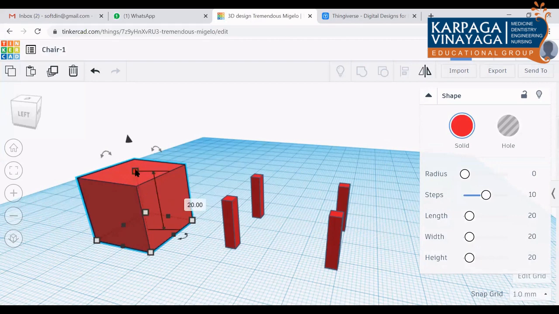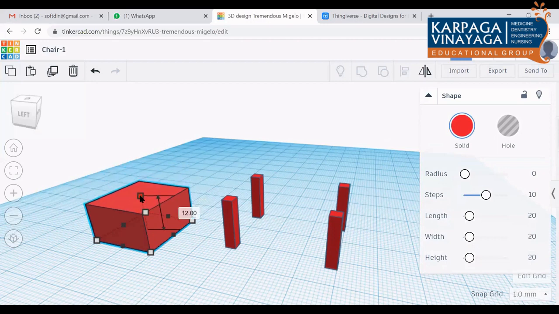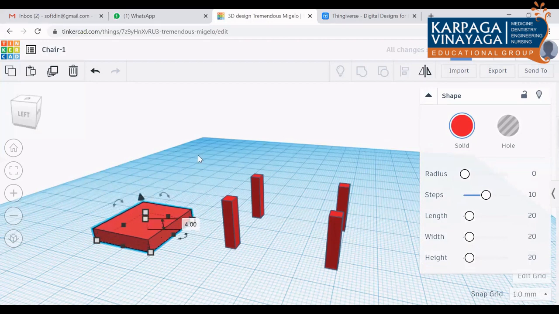You can see here on top one option is that 20. Just click that. You can move the bottom using the mouse so that the dimension will change, or you can manually enter. So I am going to keep the height of the seat as some 2 mm or 3 mm. If you keep 4 mm, then it will be good for 3D printing.